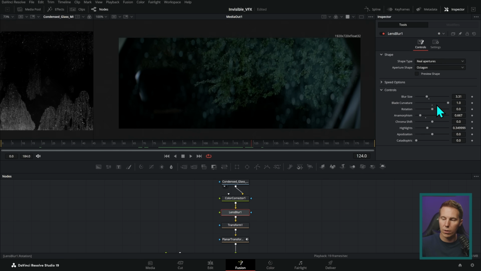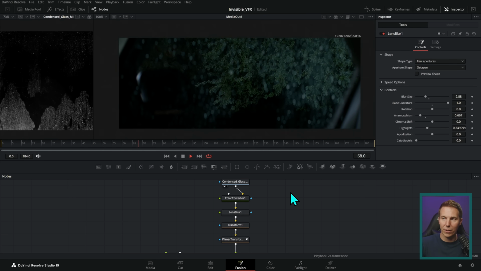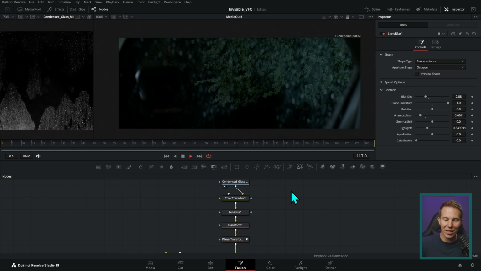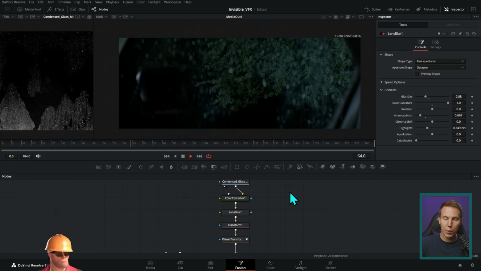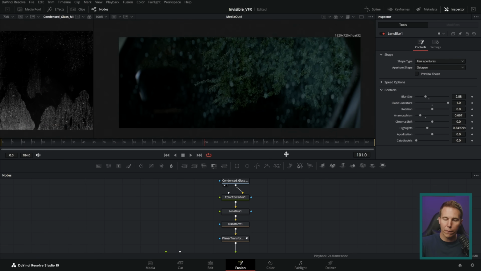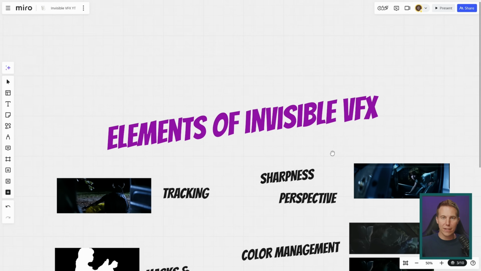We're going to need to adjust our lens blur a little bit. So I'll just take this down just a touch, somewhere in there. So now we have a much better looking shot. Oh, that looks so good. Oh, so awesome. Pretty easy, right? Heck yes! So for this shot, we used our elements of invisible VFX